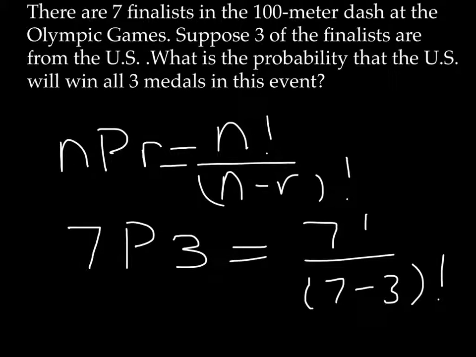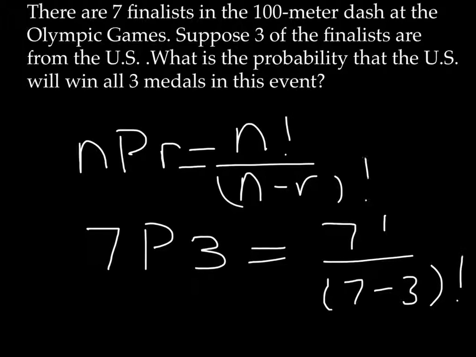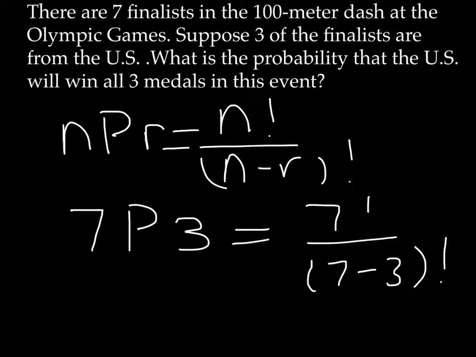The reason is that 7 is the set. That's how I got 7, because that's the set, and we were looking for 3 of the finalists who would be from the US. So that's how I got that. Now we were left with 7 factorial over 7 minus 3 factorial, which would be 7 factorial